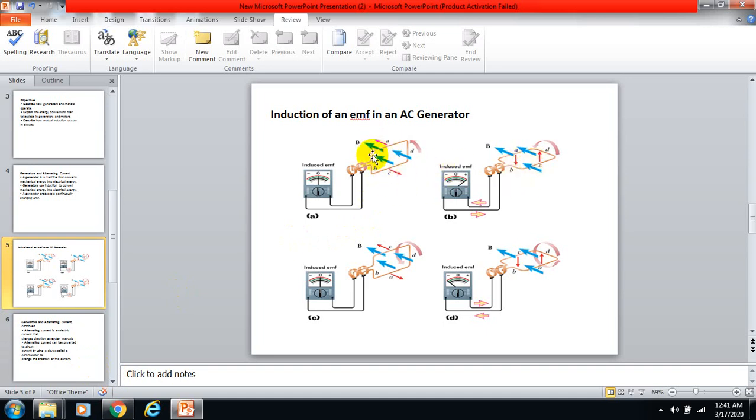As we bend this coil, understand its direction regarding theta, and you can say the direction of the speed, or the alternating current speed, will change here. Look at the induced EMF here. Now we are going to bend it again. Now look at the direction again, it occurs the same. Now look at this direction, a flat one. What's going to happen? So B and D you can compare, and A and C you can compare here as well. Look, these are what? Induction of an EMF in an AC generator.